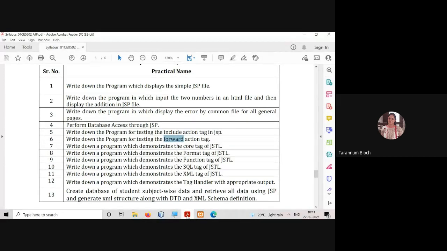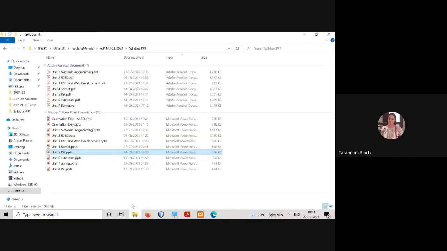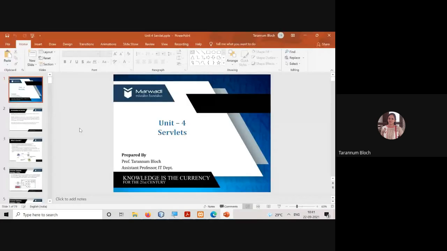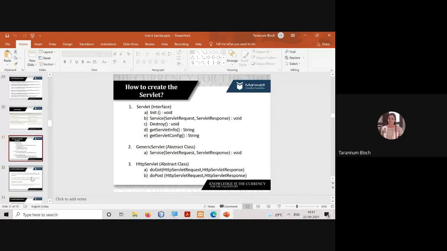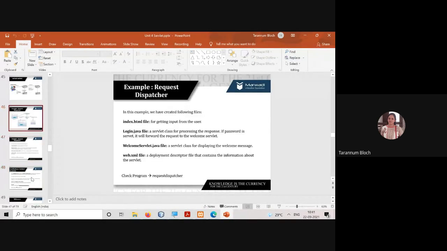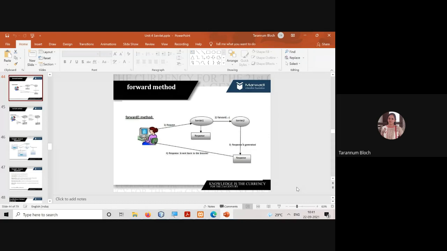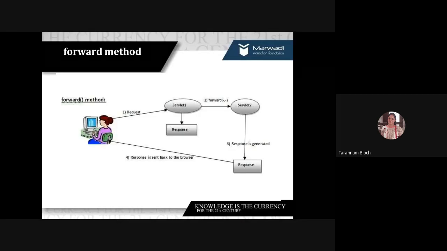Can anyone tell me the difference between the request dispatcher include and forward methods? Can you see this?